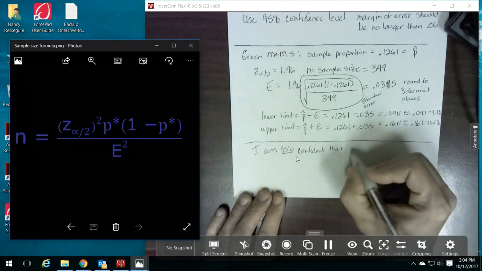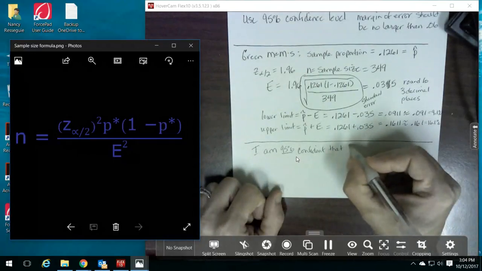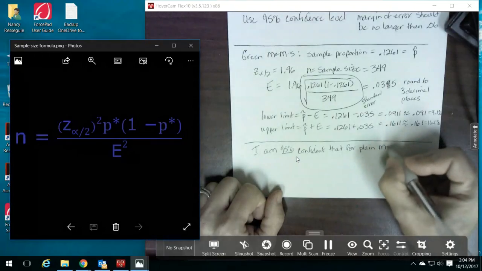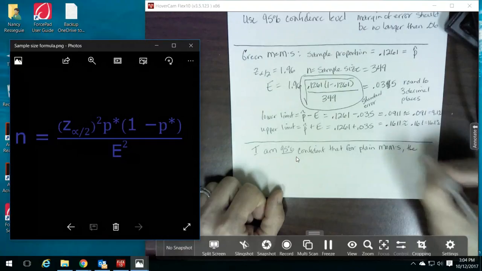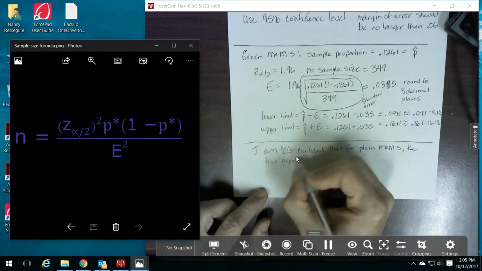So in here, I want to put somewhere what variety of M&Ms I had. So I'm going to say that for plain M&Ms, the true population,